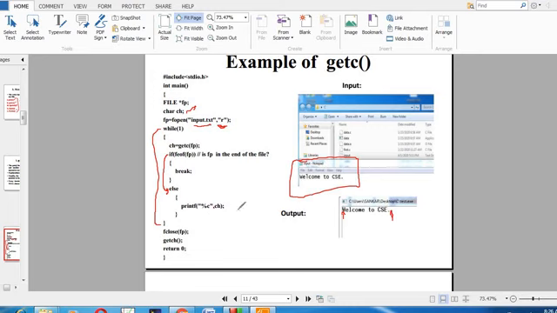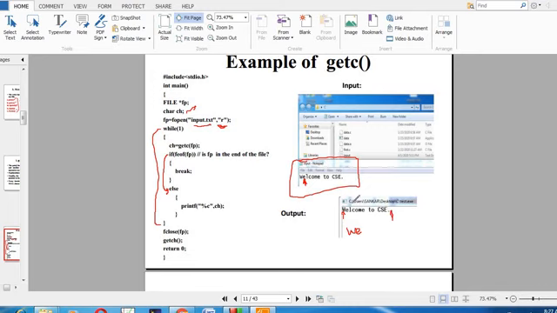In the else portion, if we want to display anything from the program to the user, we can use a printf statement. Here W is a character, so printf with percentage c and ch displays W on our output screen. In the next iteration, the file pointer moves to the second position and that character is fetched. Then we check whether it is the end of the file or not. It is not the end of the file, so control again comes to the else portion, and it prints the character. Then it goes to the next iteration.